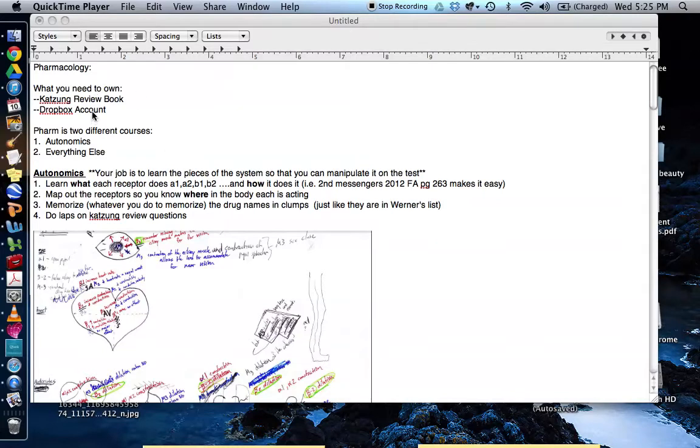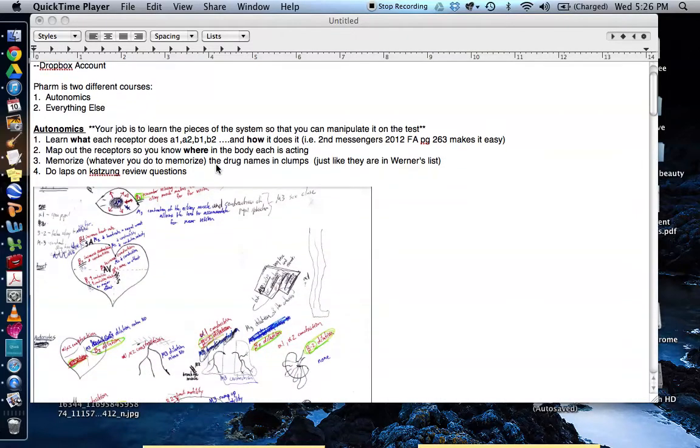I think you need to buy the Katzung review book. It says Katzung on it, and like Lange. It's almost as thick as the real book, but I thought it was good enough, and it's got really good questions in it that the real book doesn't have. So the biggest reason you want it is for the questions, and you also need to have a Dropbox account so you can access the tables that classes before you and your own classmates have made and will be making and adjusting based on current